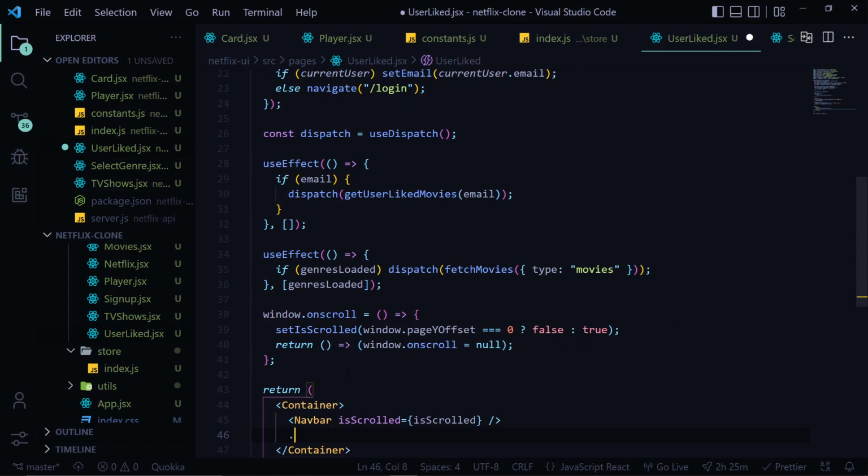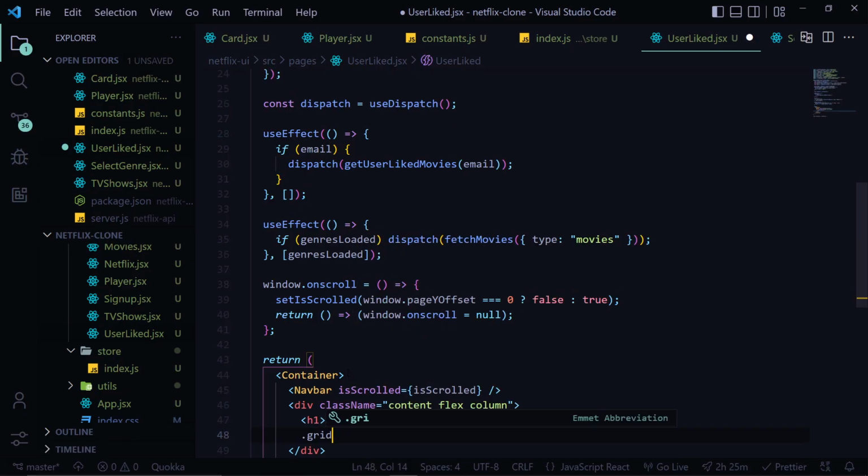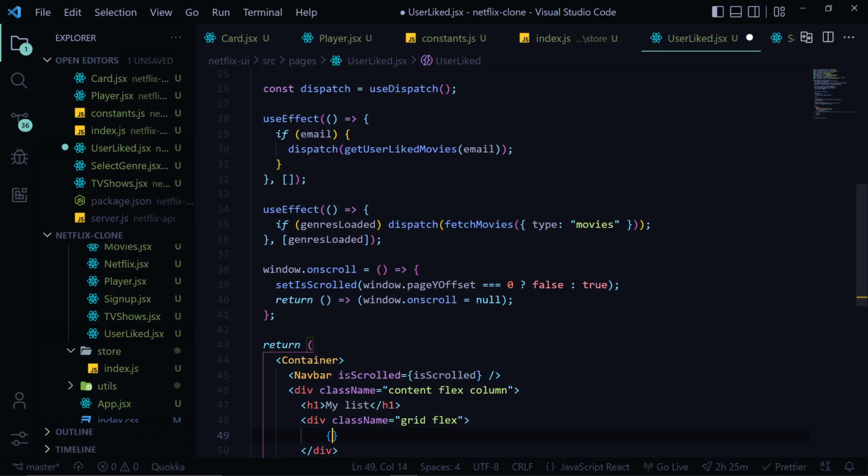Then we'll have content with flex and column. Inside that we'll have h1 MyList. Then inside MyList we'll have grid with flex. Inside that we'll have movies.map